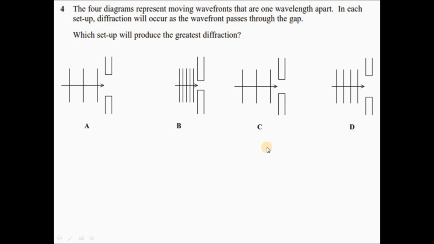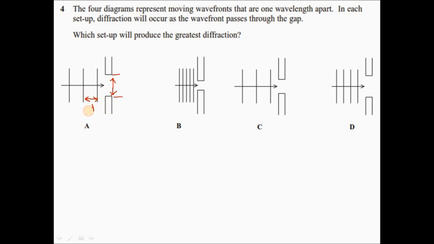Question 4. The diagrams represent moving wavefronts that are one wavelength apart. In each setup, diffraction will occur as the wavefront passes through the gap. Which setup will produce the greatest diffraction? Greatest diffraction or most diffraction depends on the relation between gap size and the wavelength. If you see, you have this much gap in the given option A, and this much gap is,